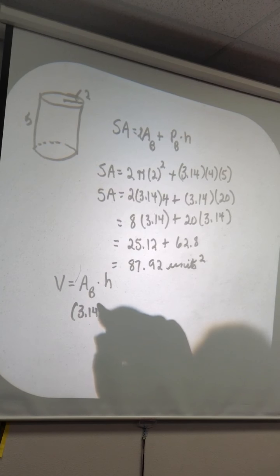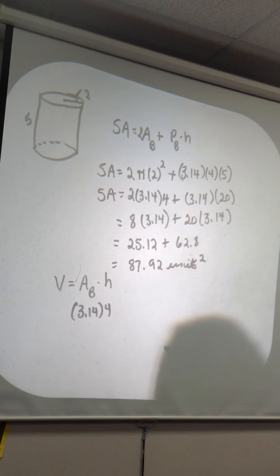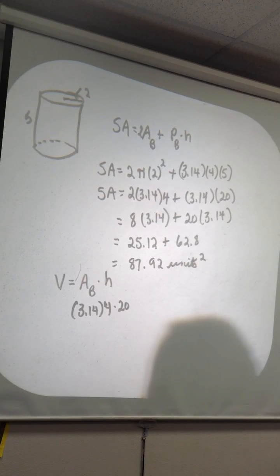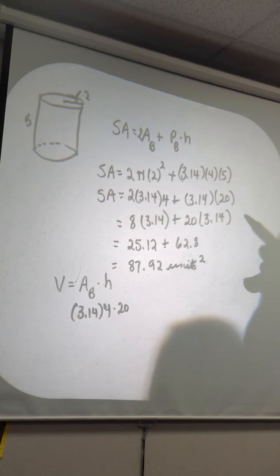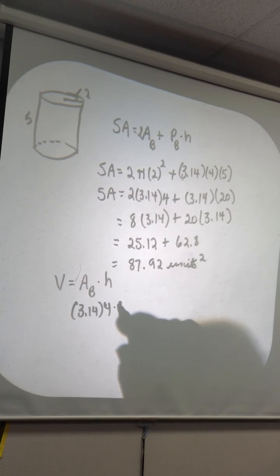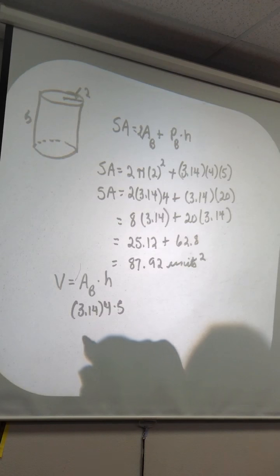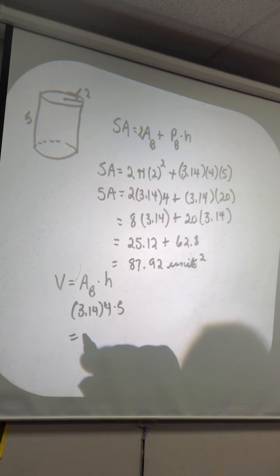3.14 times 4. And then we have to multiply it by the height, which is 20. Well, look, we just did 20 times 3.14. I thought that height was 5. Yeah, not 20, because we're gonna get 20. We've multiplied to get 10 and 20, so that means we are gonna have a volume of